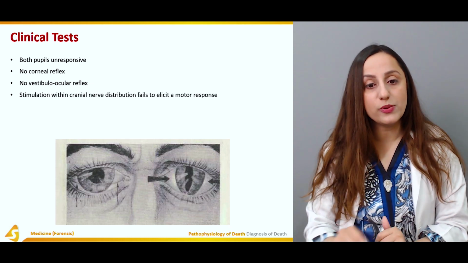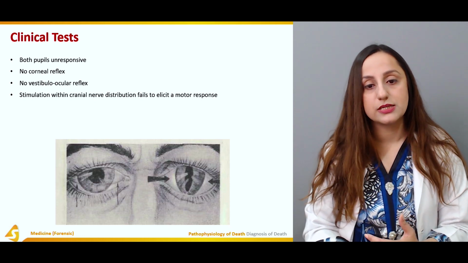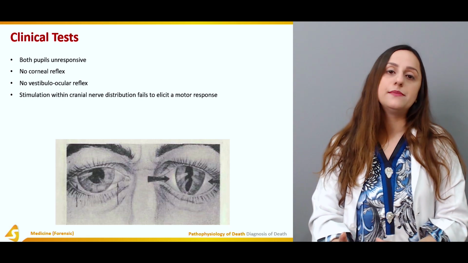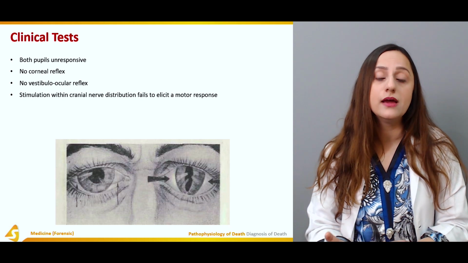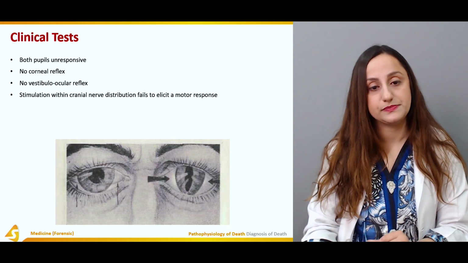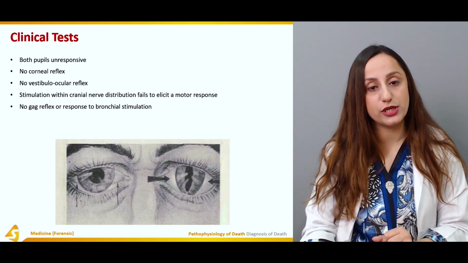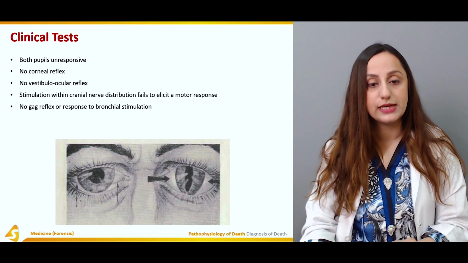Now, stimulation within the cranial nerve distribution fails to elicit a motor response. So this can be performed by different tests, and that will also establish that the cranial nerves are damaged, and that all of these tests can establish the brainstem death at the same level. No gag reflex or response to bronchial stimulation. So these are all of the tests that can be performed in a person to establish the death of the